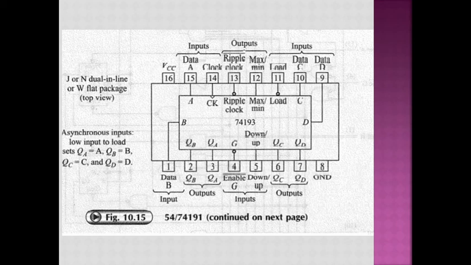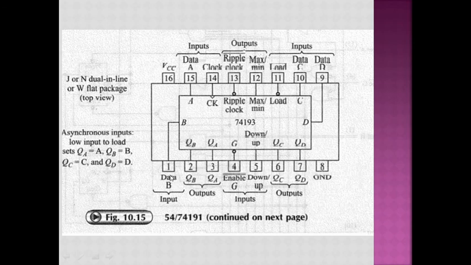So, for commercial applications, you can see that this is a 16 pin IC. Pin number 16 is connected to VCC, the plus 5 volt regulated power supply, and this is ground, because this is a TTL IC. So you have to apply plus 5 volts constantly. Now you can see the pin numbers 1, 2, 3, 4, and so on up to 16.